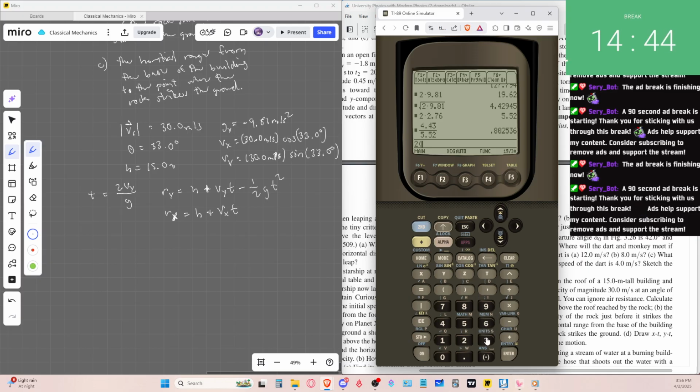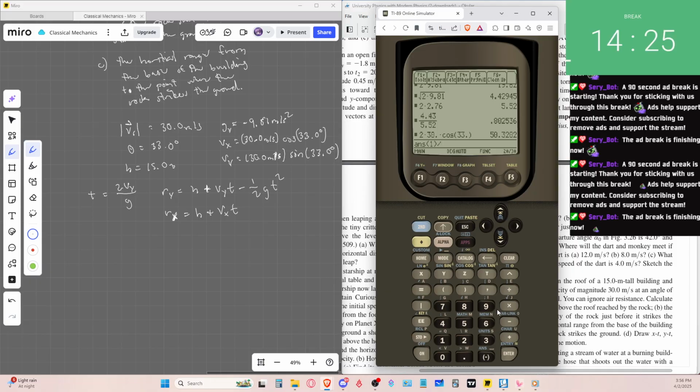So we have 30.2, then cosine of 33 degrees, and then divide that by